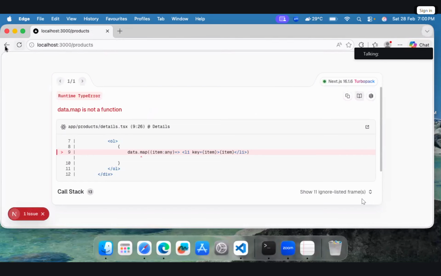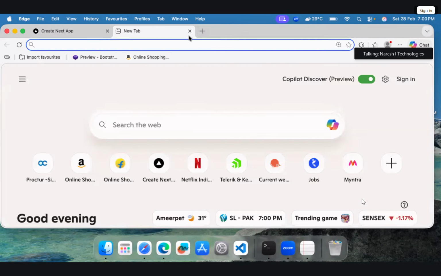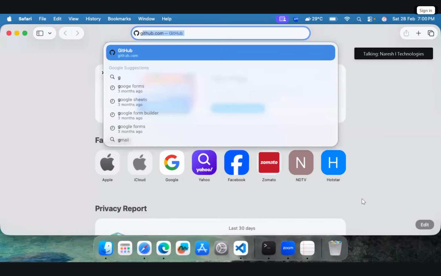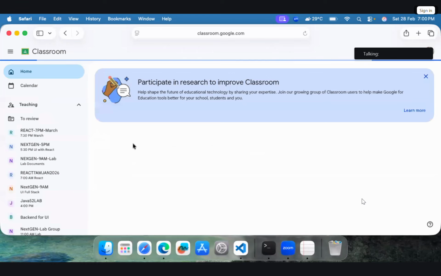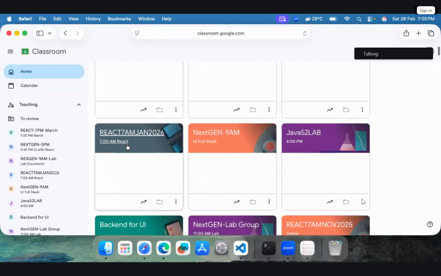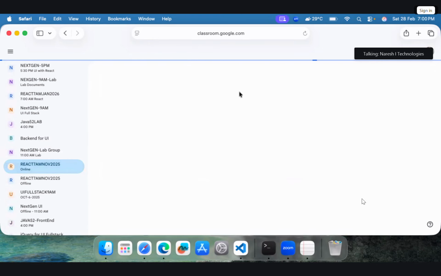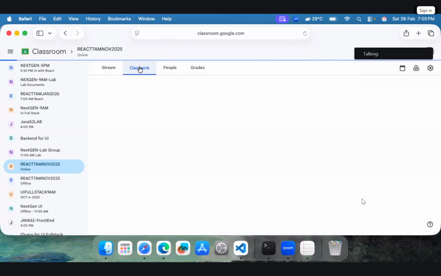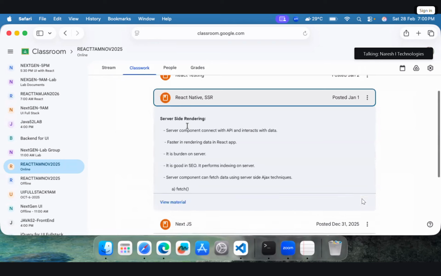Usually we already did this in our previous projects also. I will show one. Let's pick up from our previous. This is, means, already in our previous we implemented all this, server side rendering.